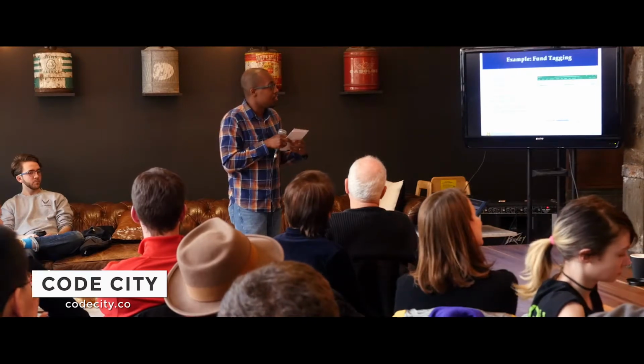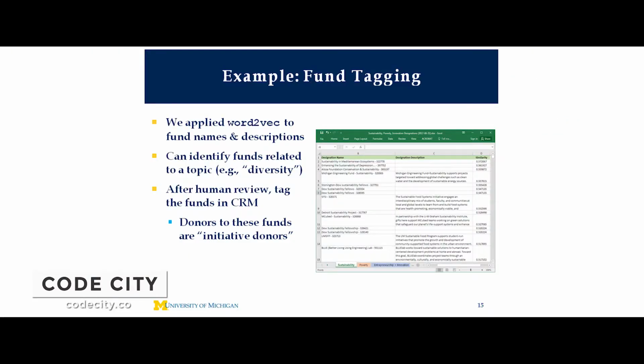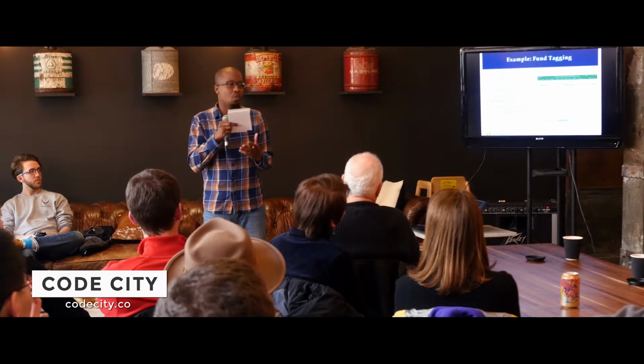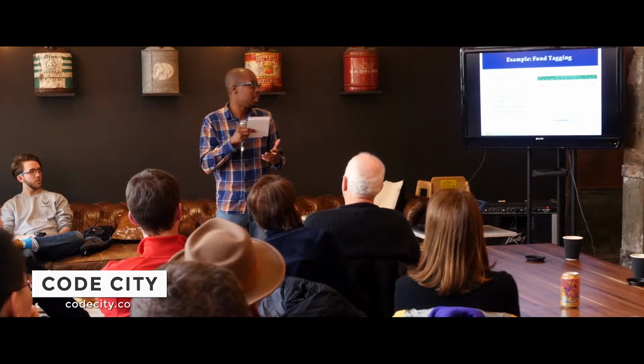Then another example, another thing we're working on, is fund tagging. Sometimes you have different funds at the university. You might have the John and Jane Q Foundation Fund. Now that doesn't tell you anything about what that fund has to do with. Some funds have descriptions. All funds have descriptions, actually, but some we had access to immediately and others we've begun to collect. By collecting this and getting the fund description, now we can begin to classify these funds.